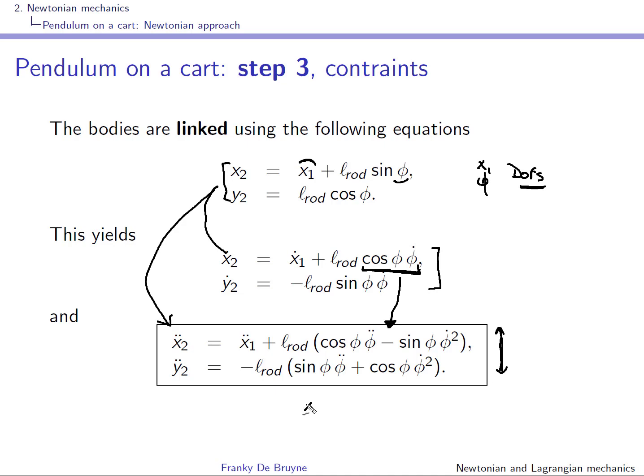So you can see that x2 double dot is a function of x1 double dot, phi dot and phi double dot, okay? And you have something similar for y2 double dot. It's a function of